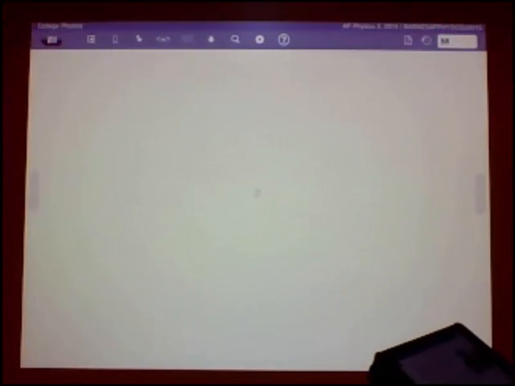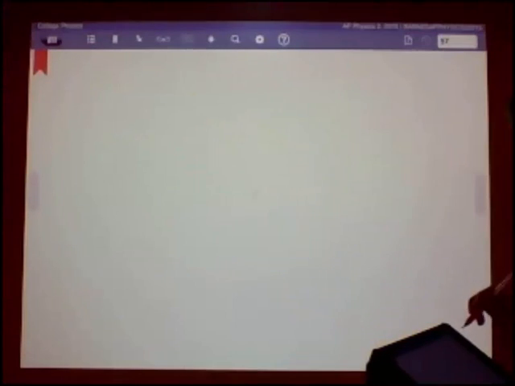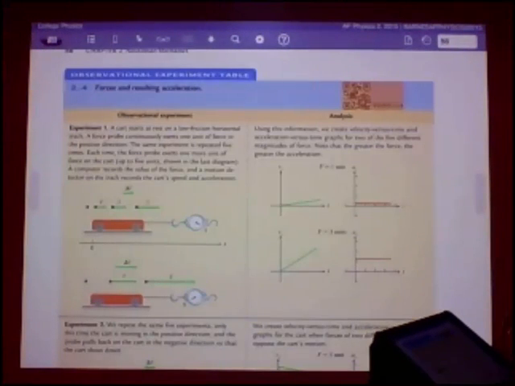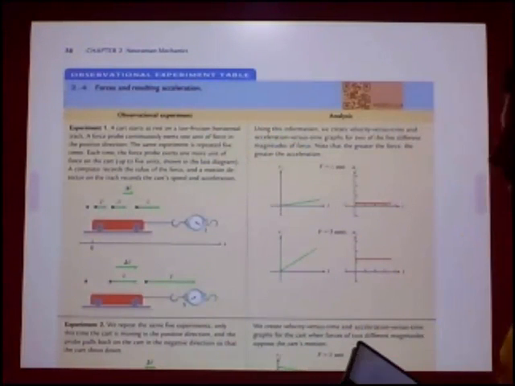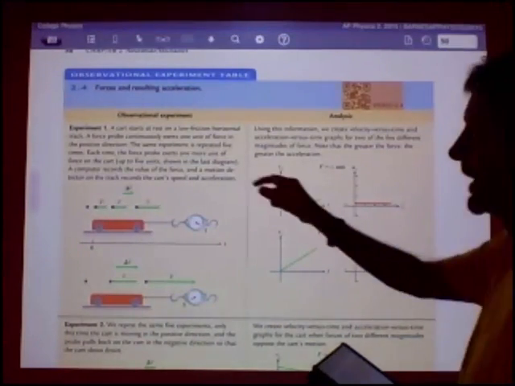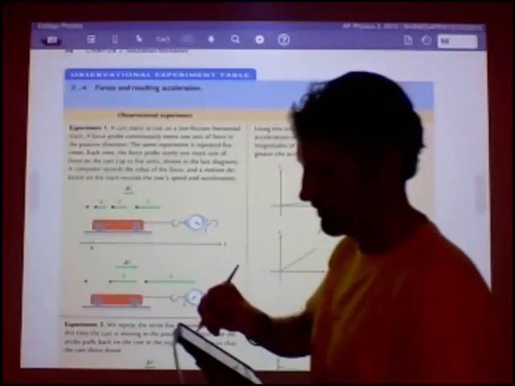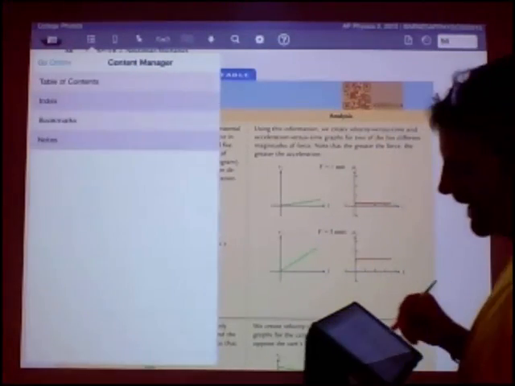Or if you want to go back to, let me jump to this, there we go. I'm going to jump to this page, and I want to go ahead and find my bookmark. I went to a different page than the one I bookmarked. To do that, you go back to this little index over here on the left-hand side, and go back again,